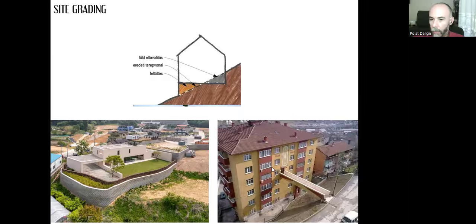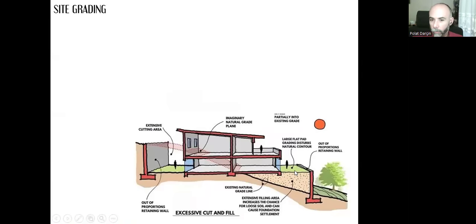We see that all this area has been excavated in order to have an access for the building. They need to create that bridge. And again, there is this risk of collapsing down towards the building this time. These are not good solutions. We don't want that excessive cut and fill, and we don't want to risk our building, either the collapsing of this soil towards our building, or collapsing of this filled soil